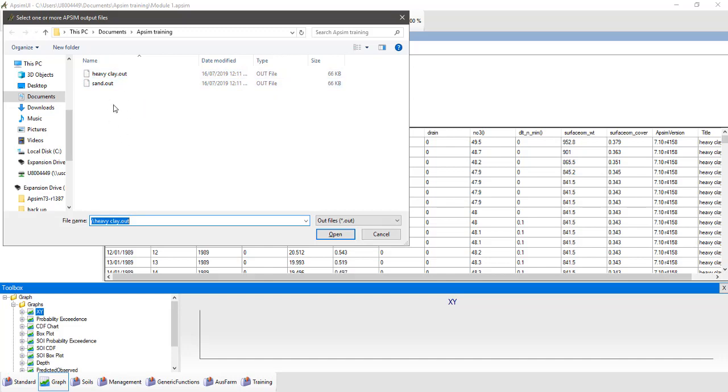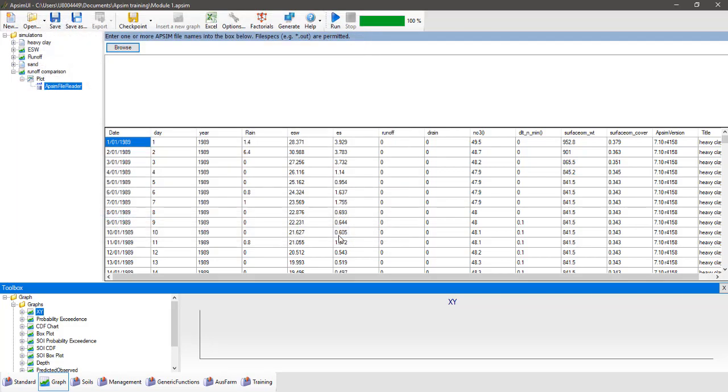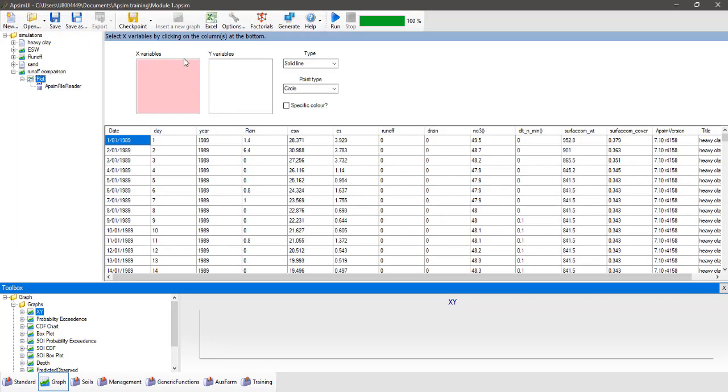Now we want to select both. So the way that we do that is hold down the control key on your keyboard and then click on heavy clay and click on sand, and we'll have both files selected, and then click open. Go back to our plot node then, and we want, as an X variable, date, and for Y variables we would like runoff